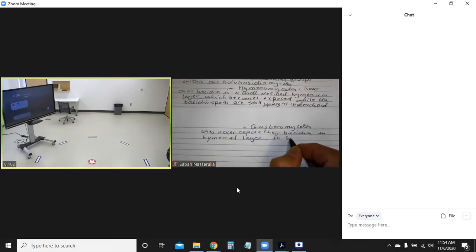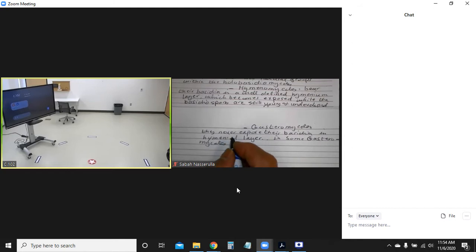That is basically what happens here, because when the basidia are exposed in a hymenial layer, the basidiospores are able to disperse themselves. In this case, only when the fruiting body as a whole decays or breaks are the spores released. I will mention that in some Gastromycetes, the spores